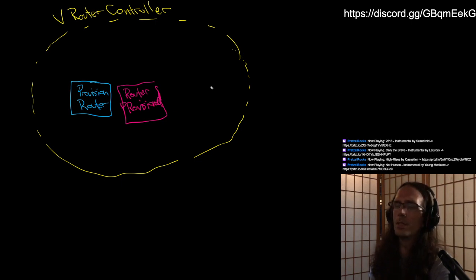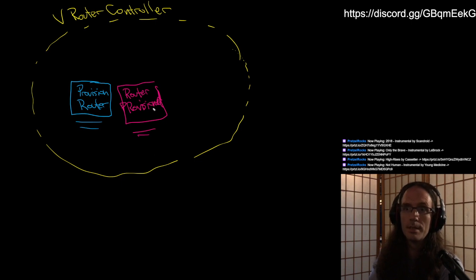Commands are given in the present imperative tense, because it's like we're telling the vRouter controller, do this thing. One of the responses to that could be, okay, the router has been provisioned. It's written in the past tense because it happened already. It's done. I did it. The other thing might just be no, or invalid command, or parameters are wrong. I can't do that. Cloud service is unavailable.